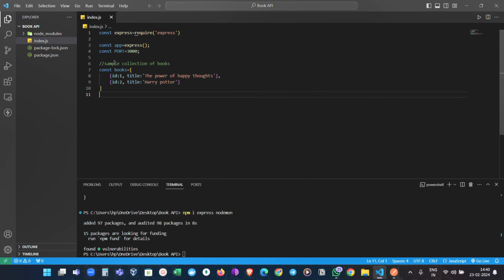Now I will use a middleware to parse JSON requests. For that, let me comment. It is useful when you will have to deal with JSON like data. For that, I will write